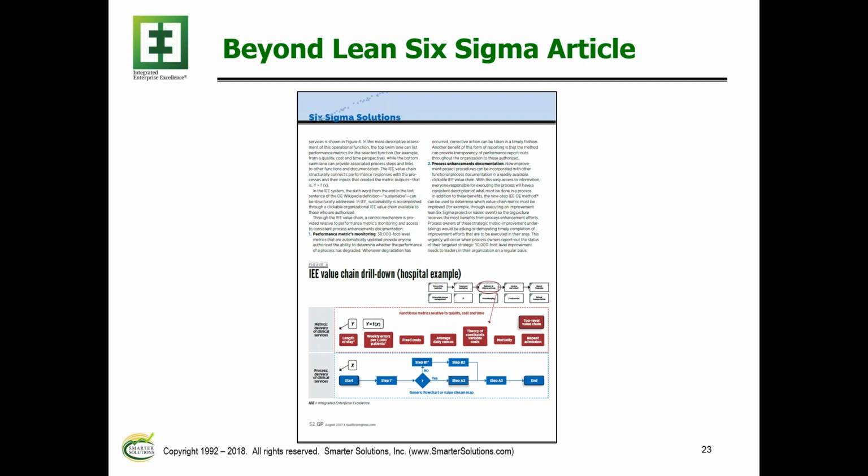The other nice thing about it is now we can link the processes with them. So if we examine what we have in figure number 4, we can see the top swim lane that we have is the output for the function, in this case operations. So that's the Y, and we pick some metrics that are associated with that in a group, and the X's are below that. So typically what we have is people in the north wing of the building working on scorecards, people in the south wing of the building working on process documentation, improvement, and they don't talk to each other. So the value chain here brings it all together.